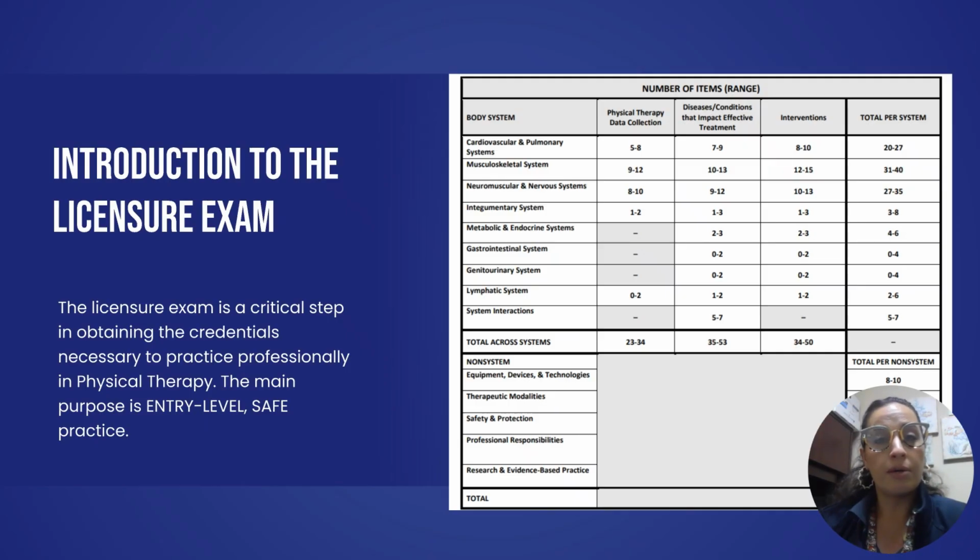So first, let's talk about this exam, the NPTAE. In physical therapy assistant school or physical therapy school, DPT school, at the end, you're going to have to finish your program and take a high stakes exam known as the NPTE or NPTAE. This is the second half, or the second roadblock obstacle, if you will, that our students have to face, because the first part is getting through our exams in the program, but in the end, putting it all together for